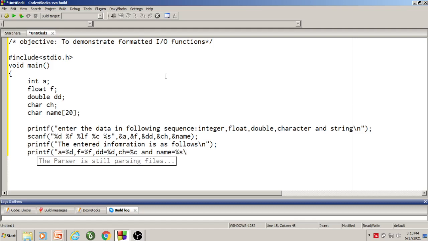So I put a \n here, and I declare the variables. I write the variables a, f, dd, ch, name, right?